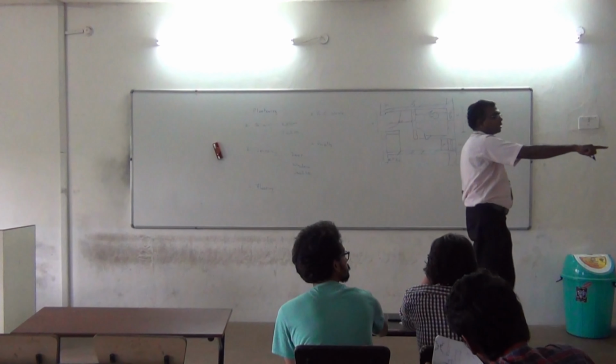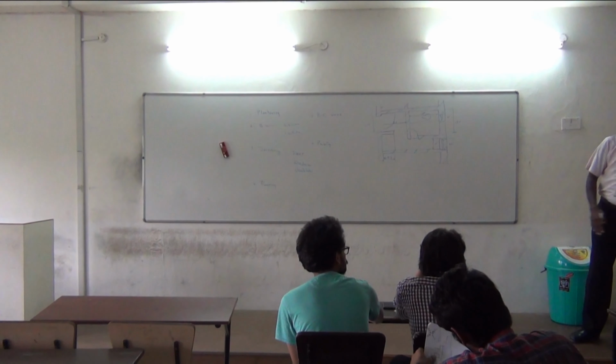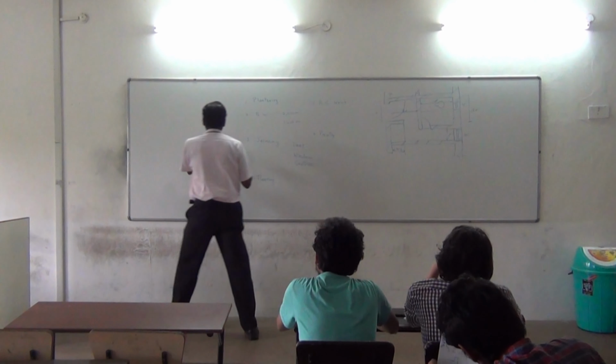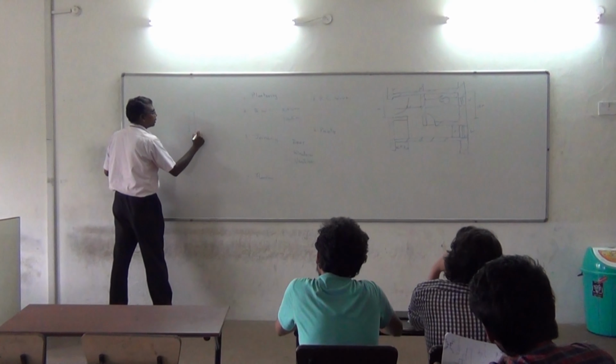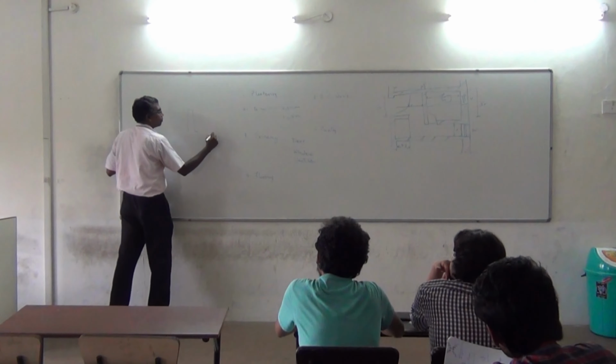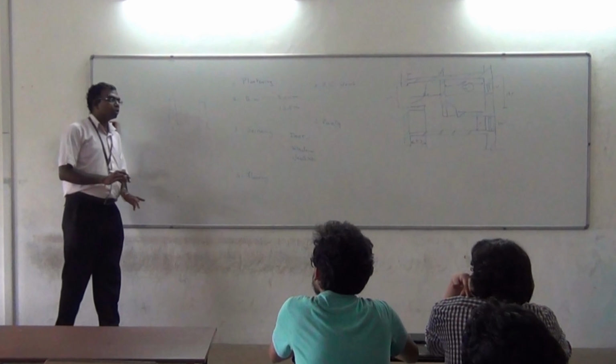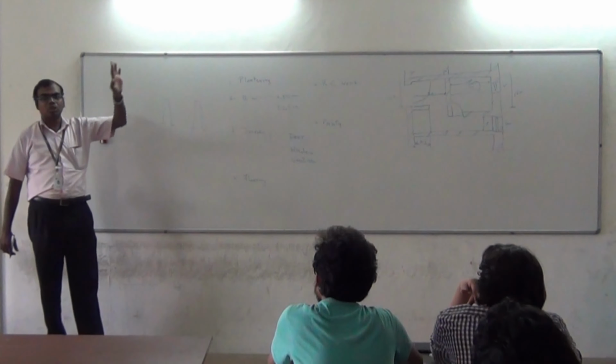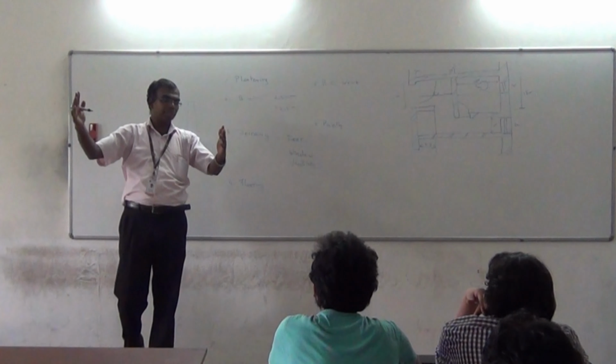So painting is again painting of joinery, painting of walls, ceiling, painting of ceiling. Okay, painting of ceiling includes the beams. Then painting of the sill area and other rebate area of the windows. All of this also come under painting. See, if you look at our building itself, you will see that there are a lot of projections on the outside. If you take the quantities of these projections, end of the day you will find that itself comes to a very huge quantity. If you miss it, it's going to be very troublesome.